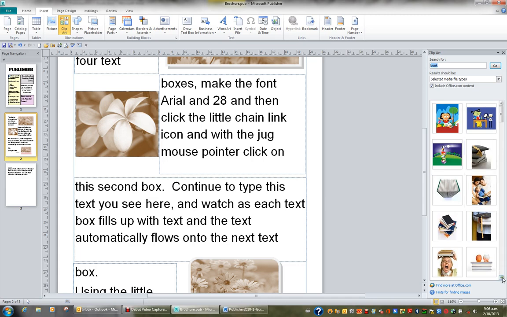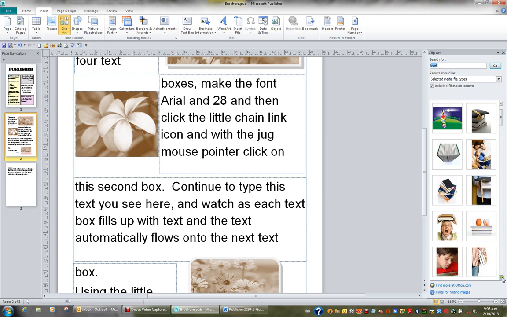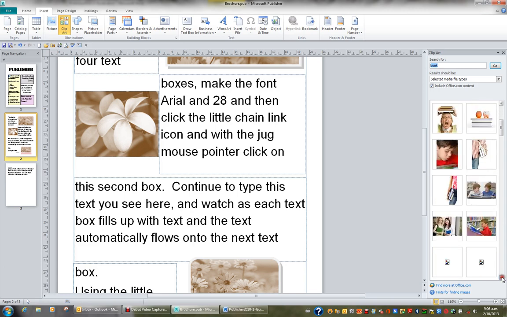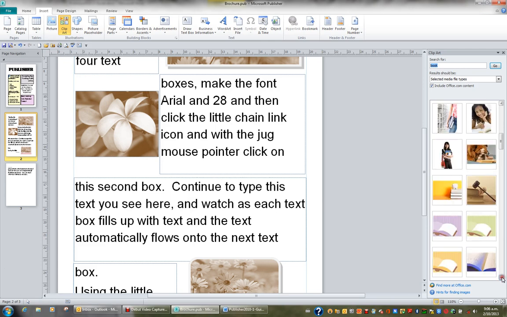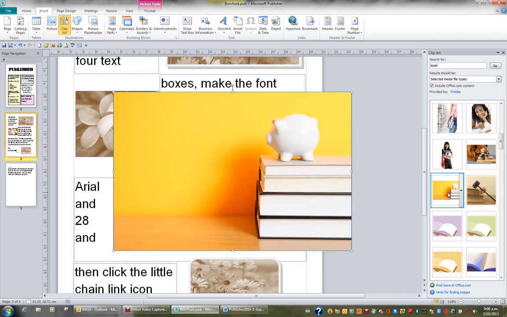If I then go and choose a book, I'll just scroll down to have a look at what I've got in terms of options. I might choose this book here. If I click this particular option, it will insert it into my document, and here it is here. Now once you insert a piece of ClipArt, treat it the same way as inserting a picture,